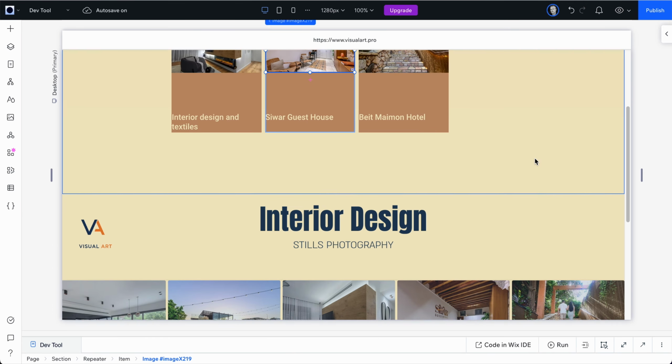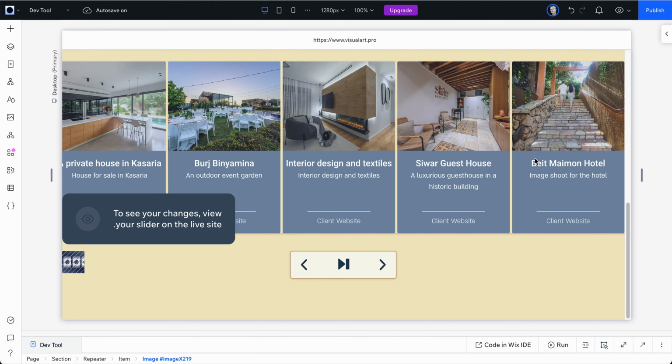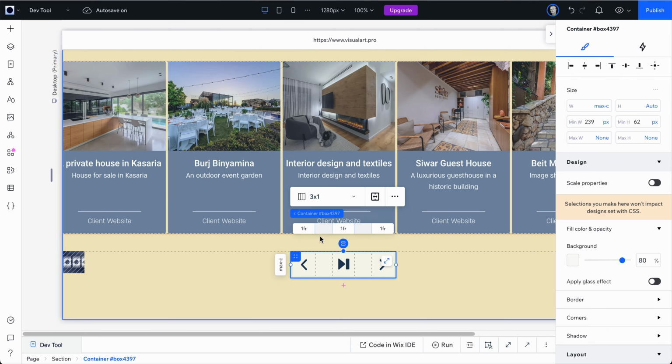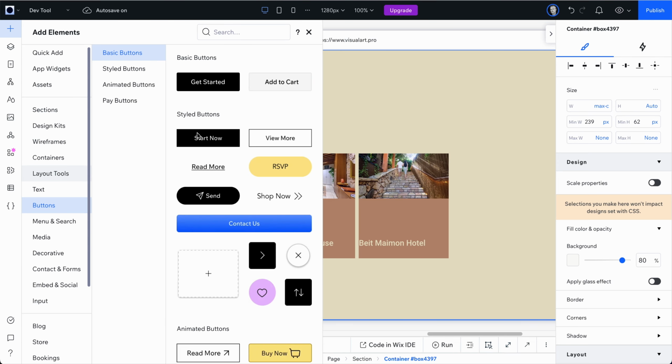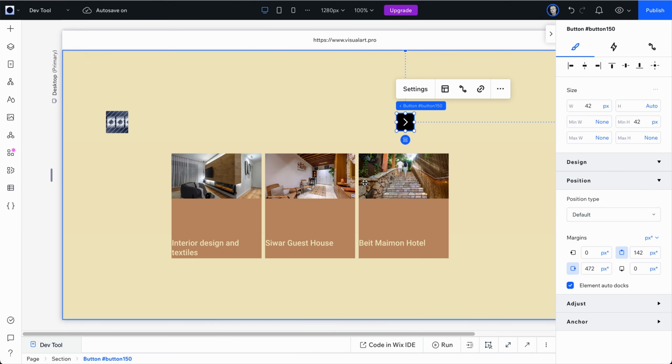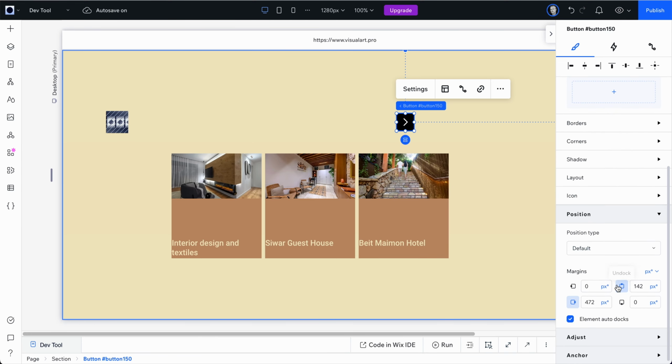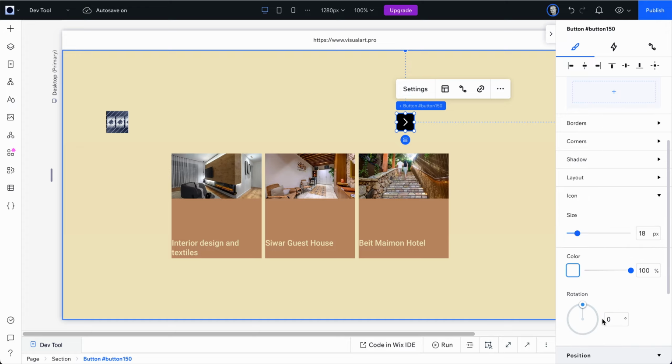Let's move on to this complete design. It comes with buttons as well. These are not template buttons. Let's demonstrate. Let's make a button to scroll, and actually let's make it scroll backwards, and we'll call it